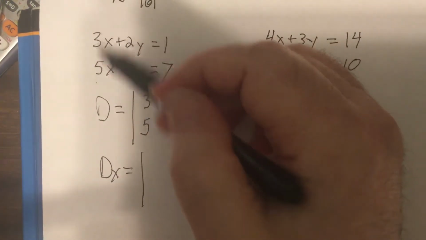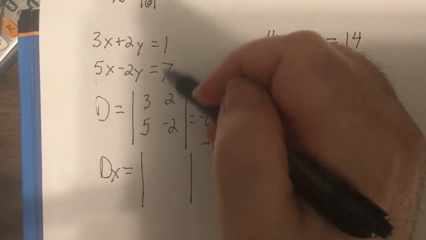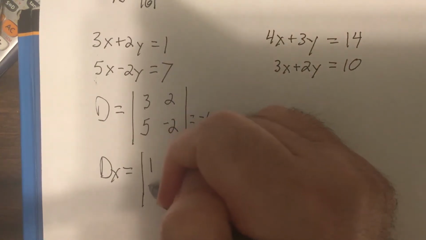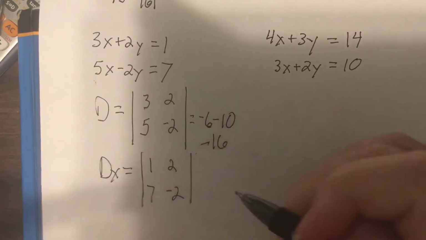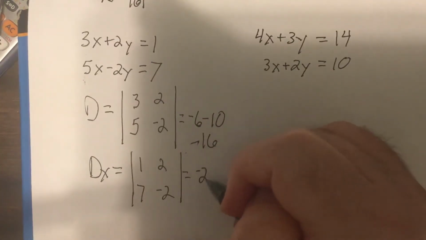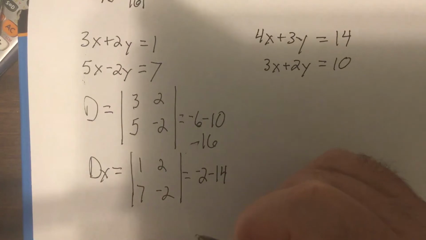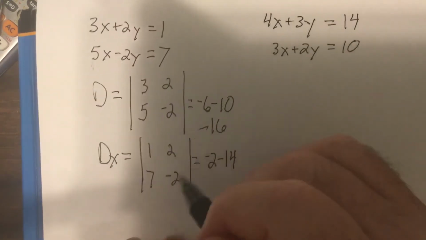Okay, you take the coefficients of x, switch them with the constants. So we'd have 1, 7, leave the y's alone, 2, negative 2. So it'd be negative 2 minus 14. Then Dy,